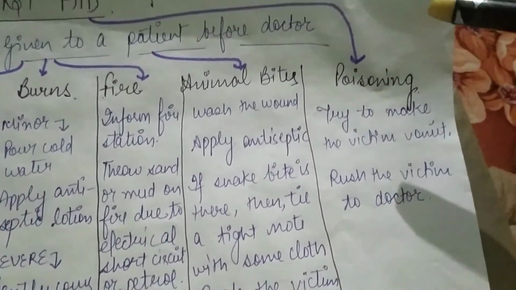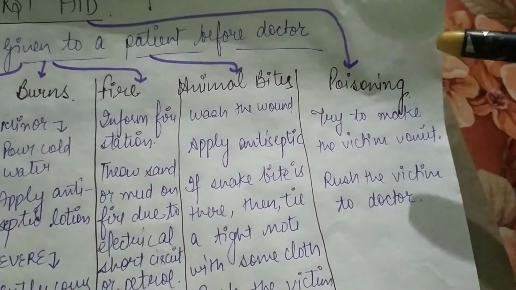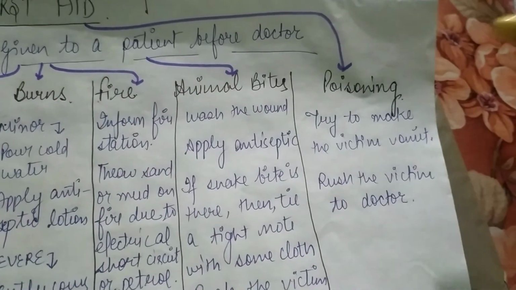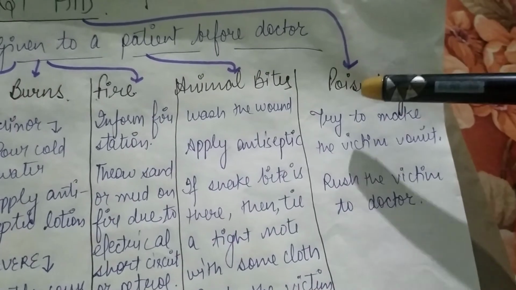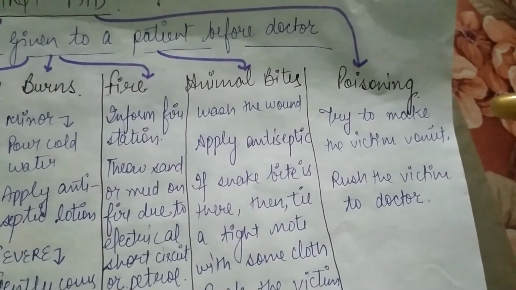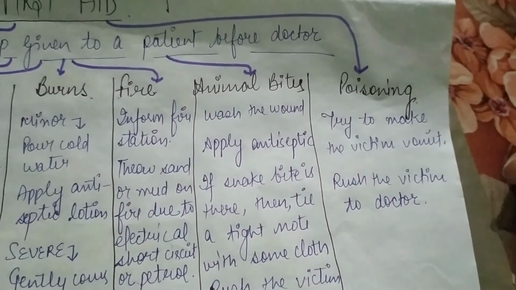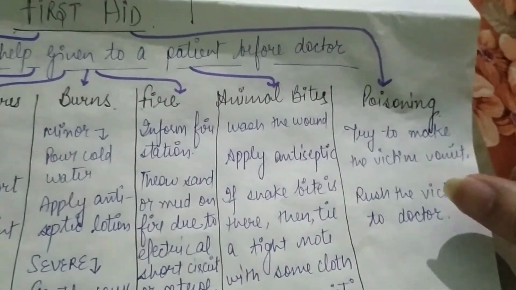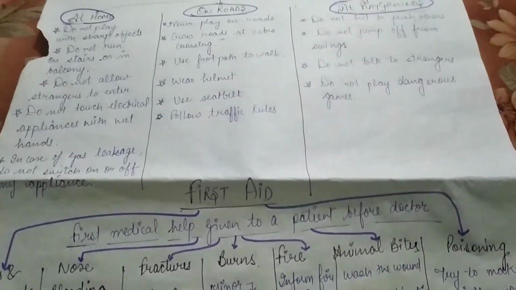Now, what can you do if someone is suffering from poisoning? If someone has inhaled the poison, in that case, try to make the victim vomit and rush the victim to doctor as soon as possible. So students, this is a short revision of the whole chapter,